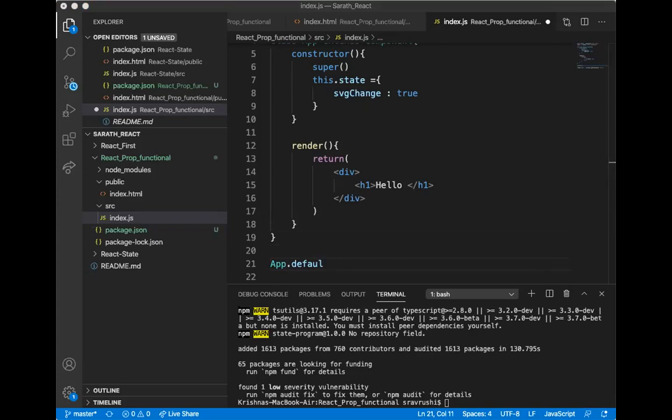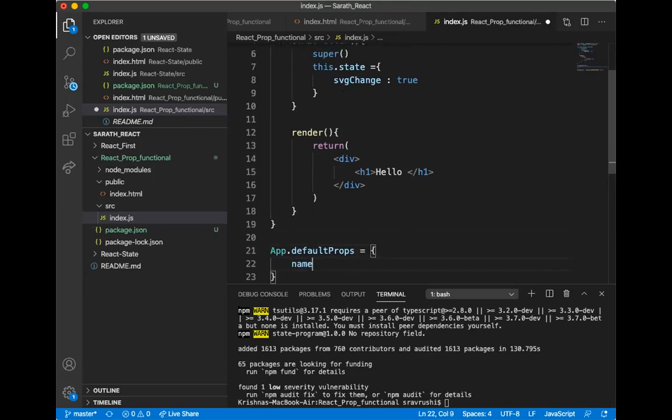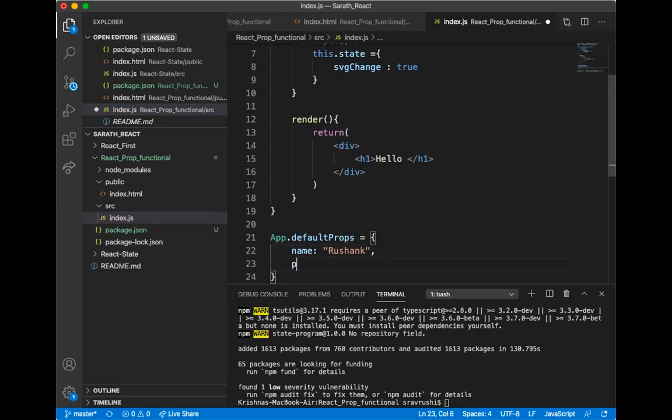So here, propDefaultProps is equal to some name, some kind of chunk, and I am going to give a prop array.